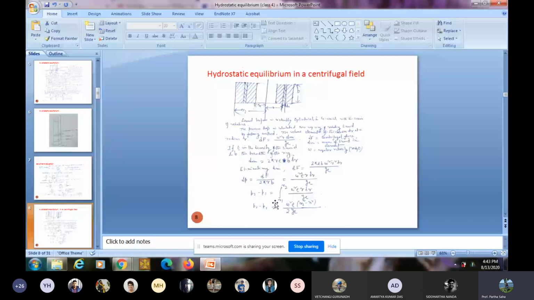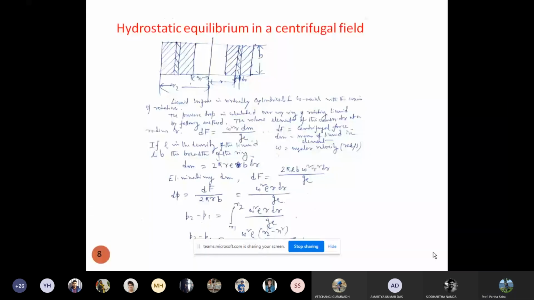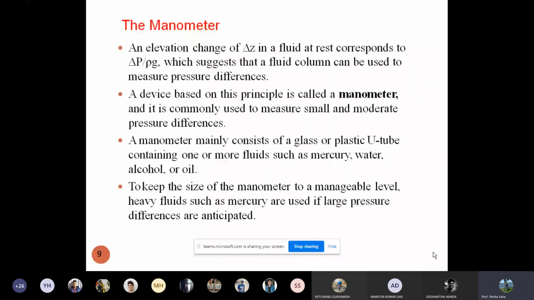Now we will move to the manometer. What is a manometer? I think all of you know what a manometer is. It's a device which is used to measure pressure accurately. You have to measure pressure, okay? Because pressure varies. If you have two liquids of separate density, one liquid will rise up compared to the other liquid. By measuring the difference in the height, you can actually measure the pressure, okay? So that is the principle.